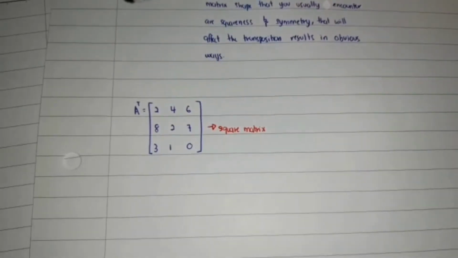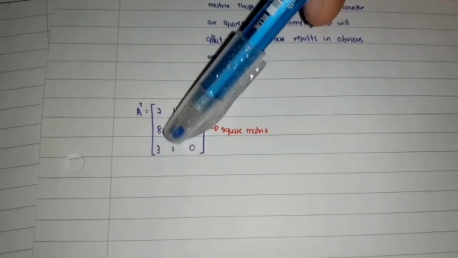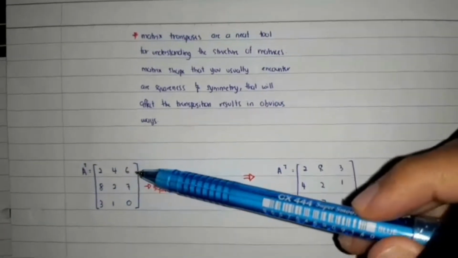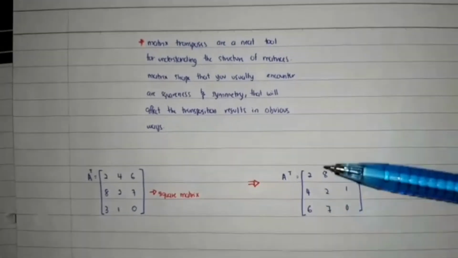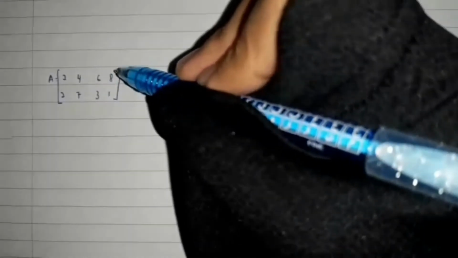Square matrices with an equal number of rows and columns are commonly transposed, so this is a square matrix. Turn the first row of the matrix into the first column, and then repeat for the remaining rows. As for the non-square matrix, the transposition is exactly the same. You rewrite the first row as the first column. For example,